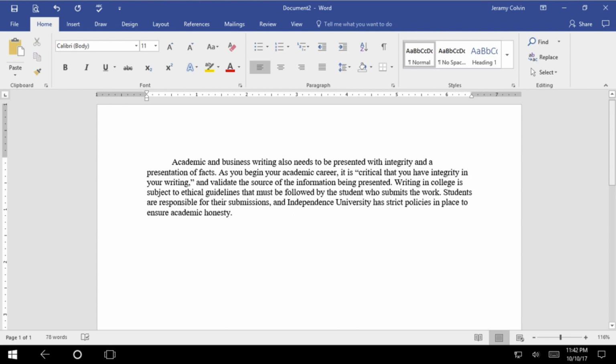To illustrate the examples, I've added a piece of text to the document area inside of Microsoft Word. Depending upon the source, there are many different types of reference styles. However, we're going to focus on the three most common styles that you will use in your academic writings. The most basic reference style is a book reference. While not as commonly used with information being available online, book references provide a good foundation in which to understand